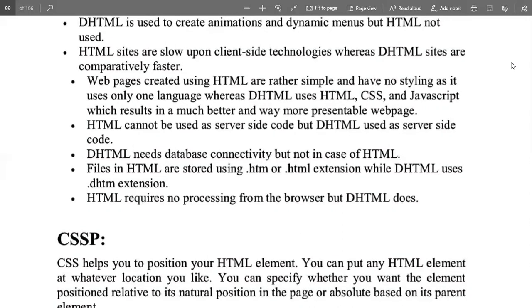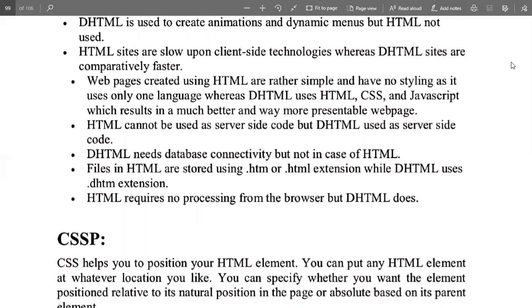We have to focus on small key points about HTML as well as DHTML. Basically, we can say HTML is a subset of DHTML, but the two are not equal to each other. Some features of HTML are also embedded in DHTML, but DHTML is a collection of multiple languages: CSS, JS, HTML, DOM.